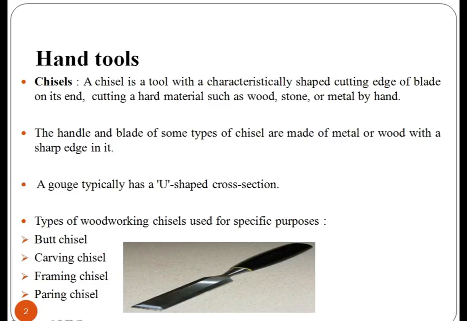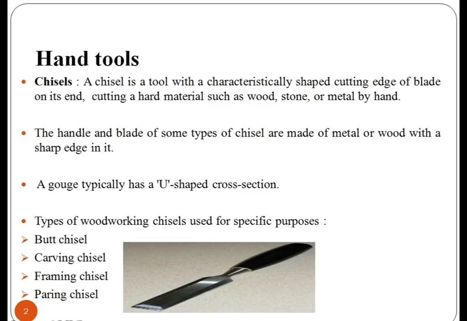Types of woodworking chisel that are used for specific purposes: butt chisel. It is a short chisel that is designed to rest easily in the ball of the hand. Generally, the blade on a butt chisel is relatively short and square edged. Carving chisel. The professional carving tools are used to carve sculpture and also reliefs. Framing chisel. It is a long handled chisel made for timber framing and other big jobs. Thick and heavy tang fitted through a steel to ensure maximum durability.